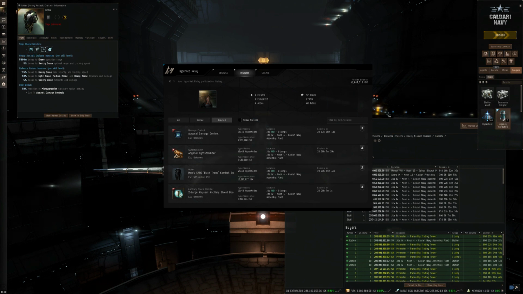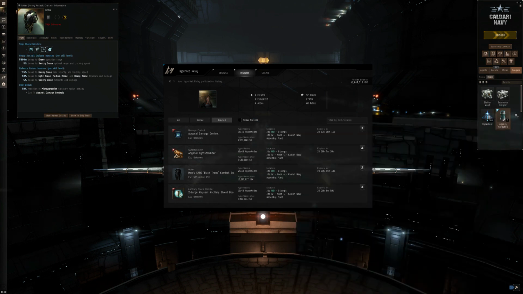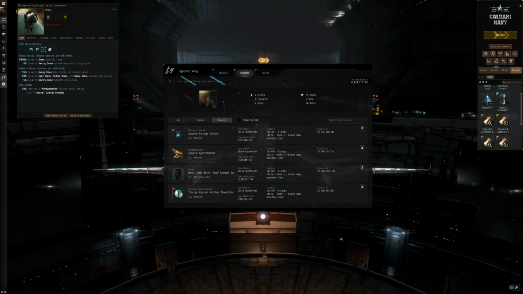So if you're going to try and completely scam people, there is a chance you're going to lose hypercores, which can work out expensive if you're doing it on very expensive items. Second of all,